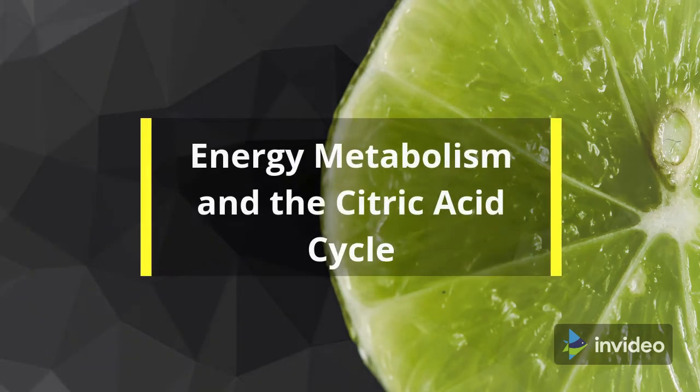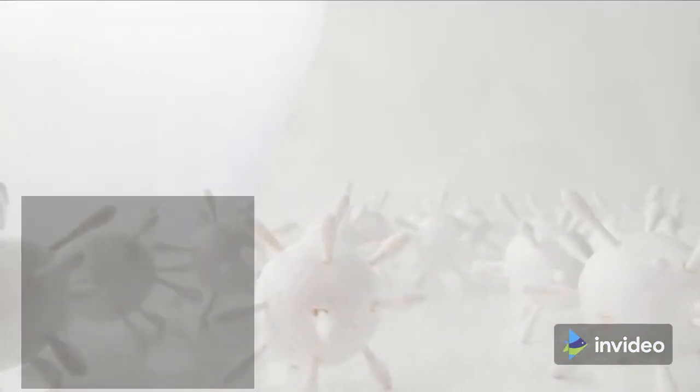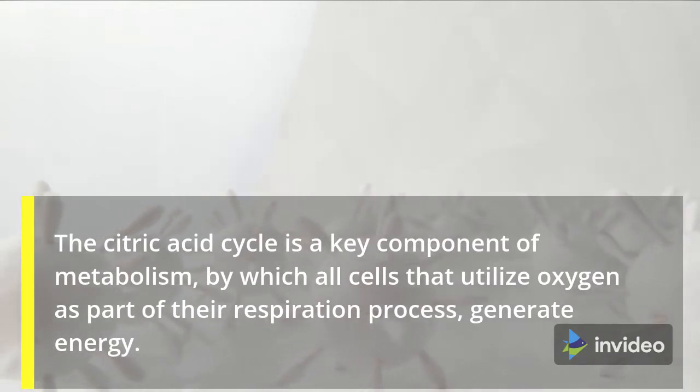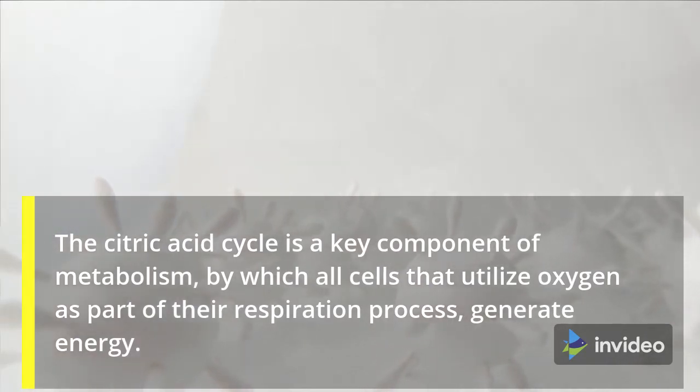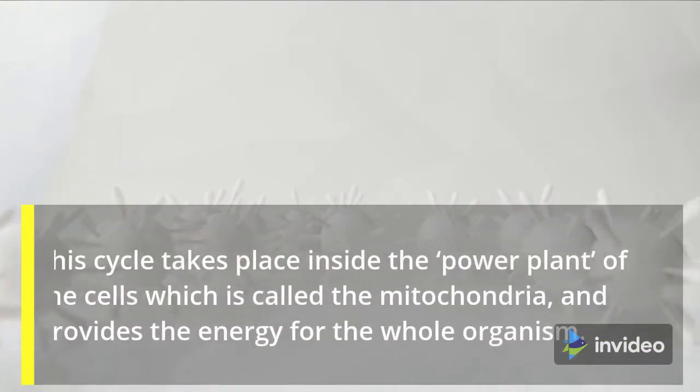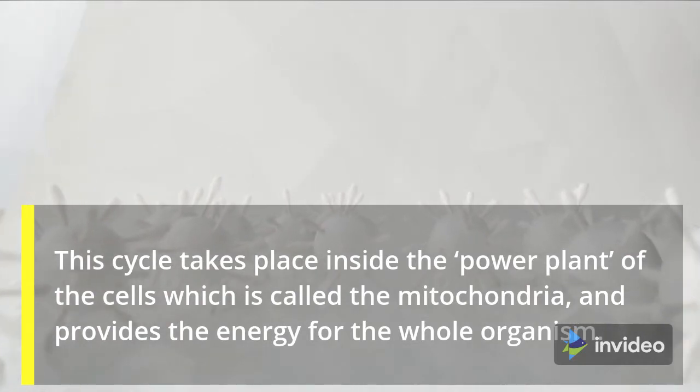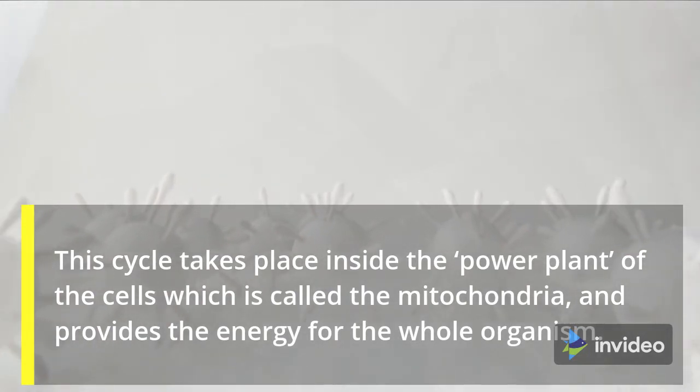Energy metabolism and the citric acid cycle. The citric acid cycle is a key component of metabolism, by which all cells that utilize oxygen as part of their respiration process generate energy. This cycle takes place inside the power plant of the cells, which is called the mitochondria, and provides the energy